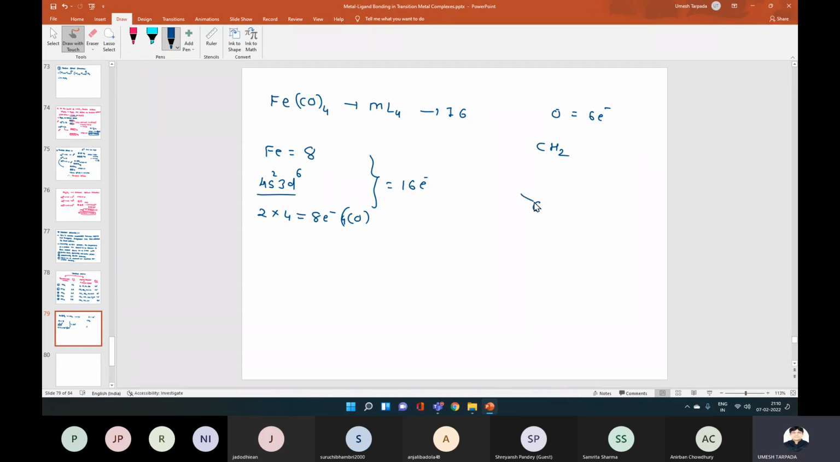You can have 2 hydrogens with 6 electrons and 2 radical electrons still left. Okay, this type of structure. You can go for the structure of Fe(CO)4. So CO utilizes